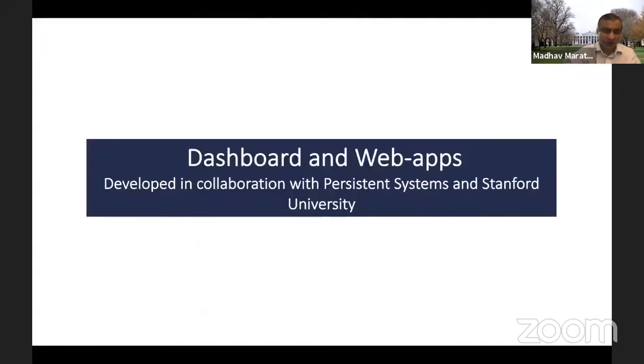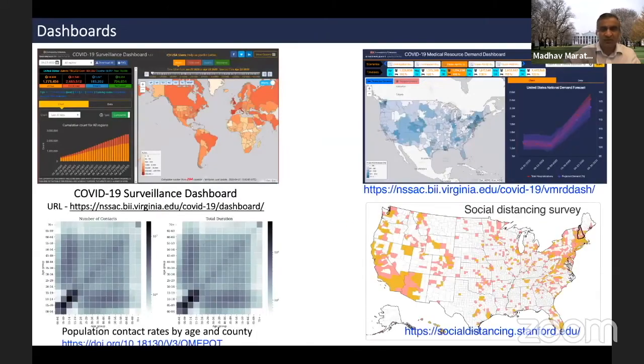So what we have done over the last 4 months for COVID is we have built out a number of different dashboards to support decision makers. One that is quite popular and probably second to the Johns Hopkins dashboard is a surveillance dashboard that we built early on. Very similar in its form and content, but a few different features than the Johns Hopkins dashboard that many of you, I'm sure, know.